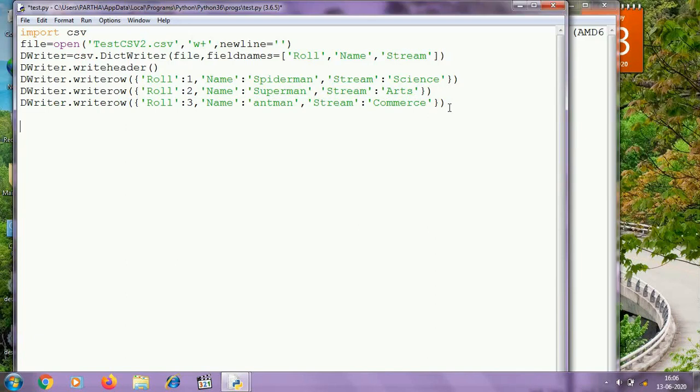After writing, I am pointing the file pointer to the 0th byte because now I need to read from the file, and for reading I need the DictReader function of the CSV module.